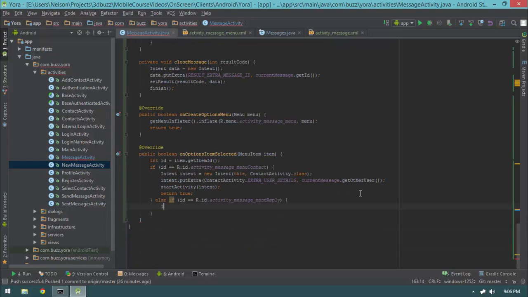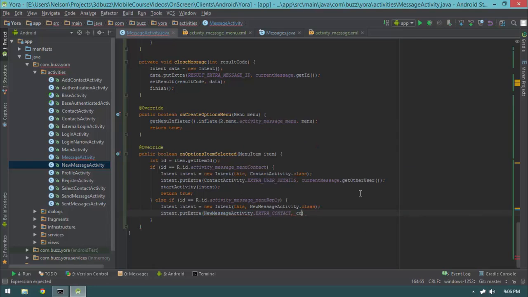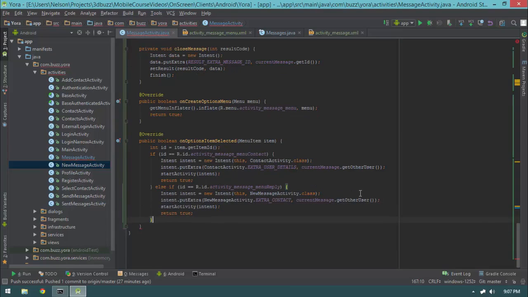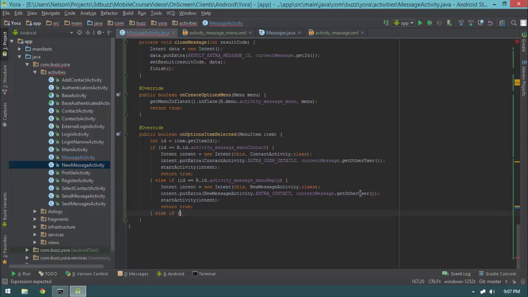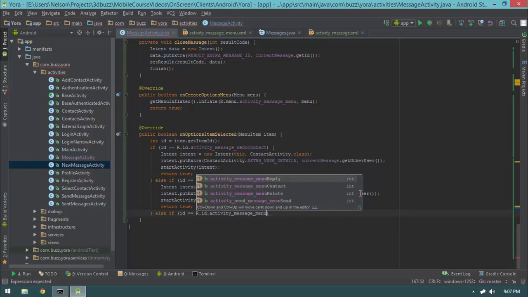Now for replying, pretty much the same stuff. Intent equals new intent this, but we're going to do new message activity.class instead. And for the put extra, we're going to be passing in new message activity.extra contact, but we're still passing in current message.get other user. And then we're going to start activity intent and return true. Otherwise, else if ID is r.id activity message menu delete,